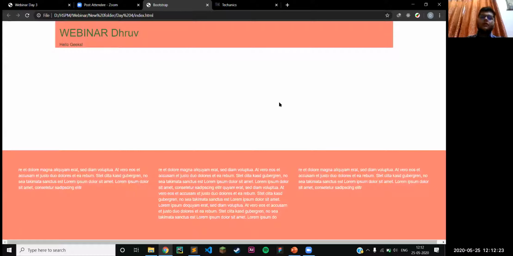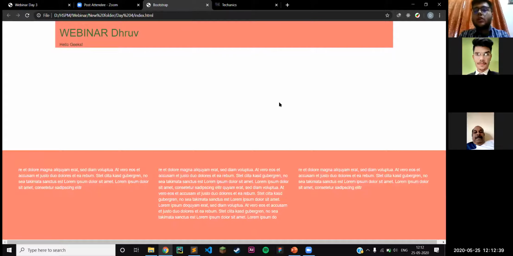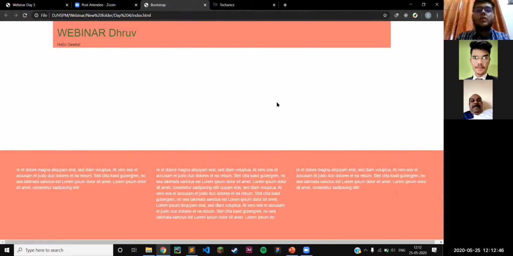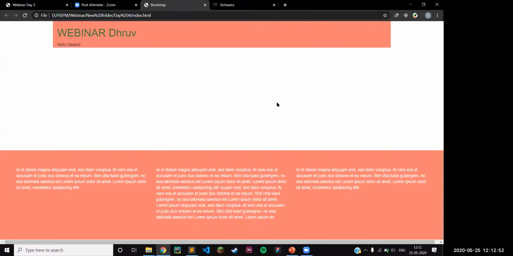How to create a flexbox. Okay, so for creating a flexbox, you'll have to first apply the CSS property of display flex. Okay, so when you apply that property on the particular div or whatever you are applying it on, it will create a flexbox, and then you can use the further properties like flex start or justify center, justify content, align items, etc, etc.